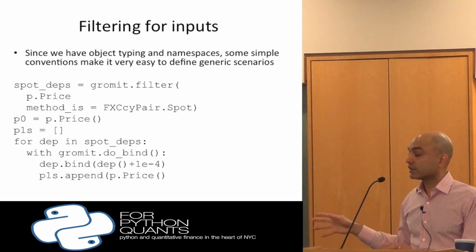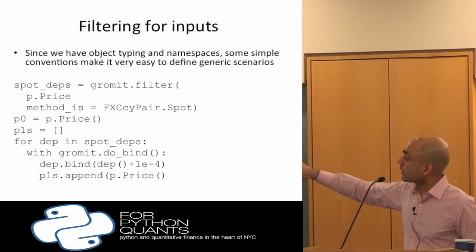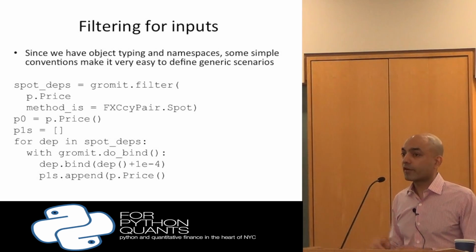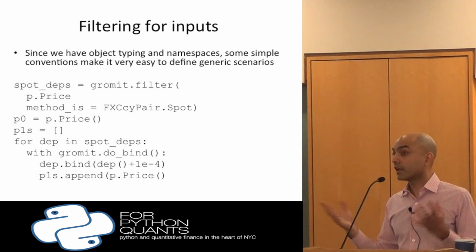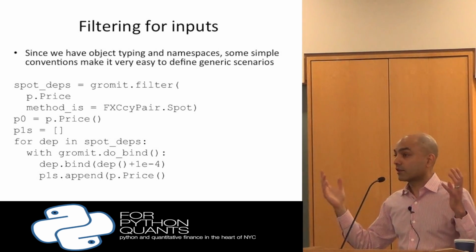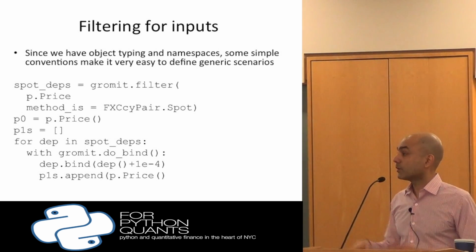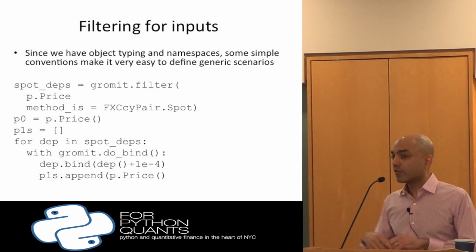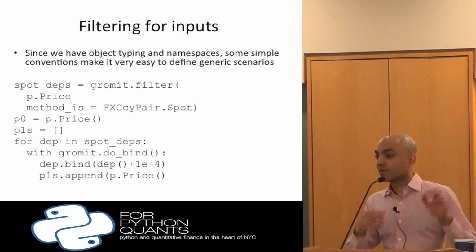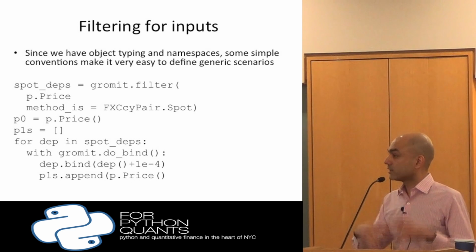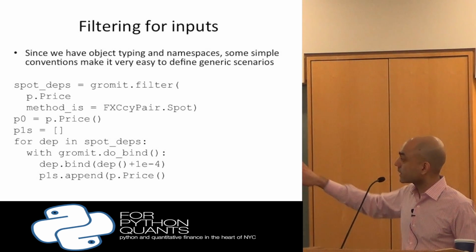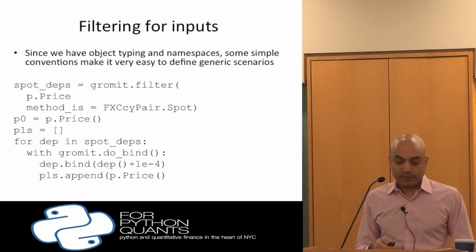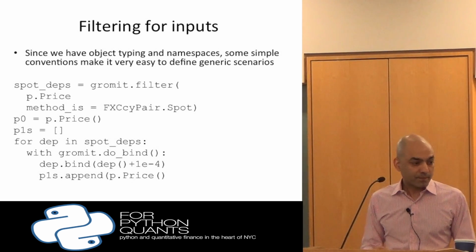So that's very convenient. And so depending on how you set up your conventions, you could do this for credit spreads too. You could say, for example, find me anything that has a dependency on a CDS. Bump CDS curves by 1 basis point or something and see what happens. If you have a hierarchy of credit issuers, you can say, find me all credit spreads that are Spain. And then bump those, and that's my Spain scenario, right? So it's very easy to express things like that if you set up your conventions right. Something that would be pretty much impossible to do in Excel.